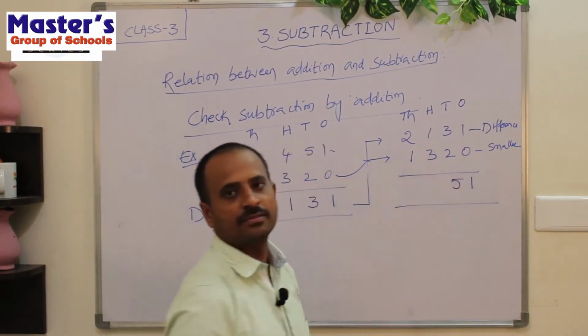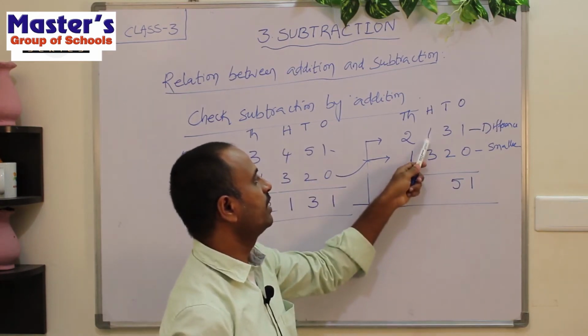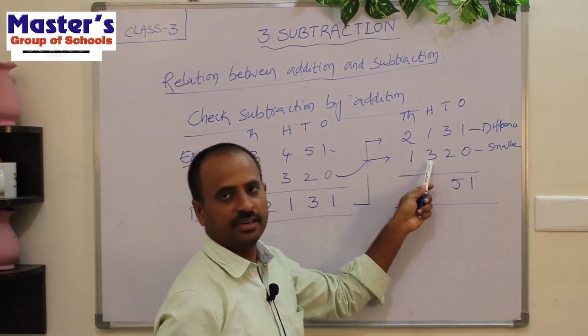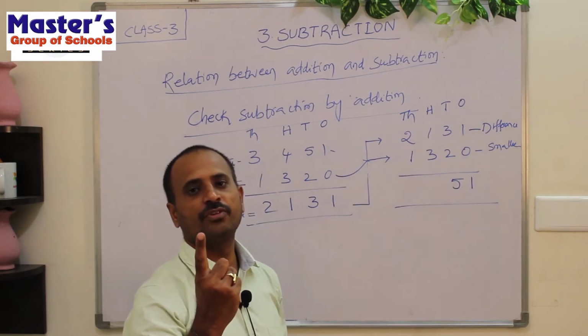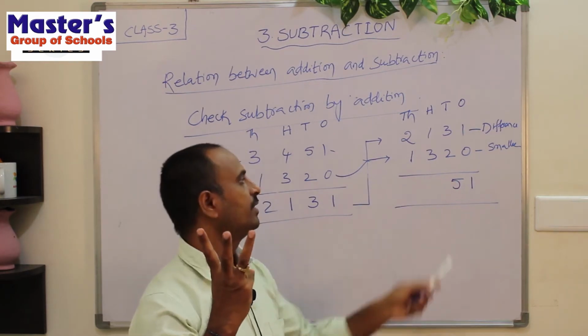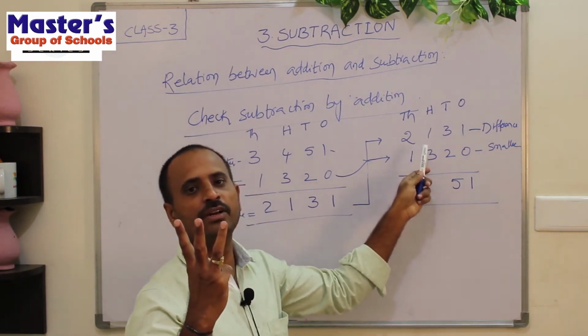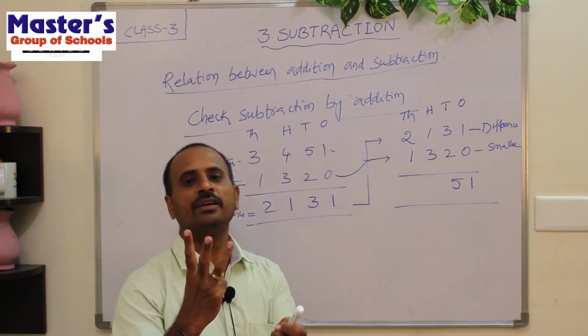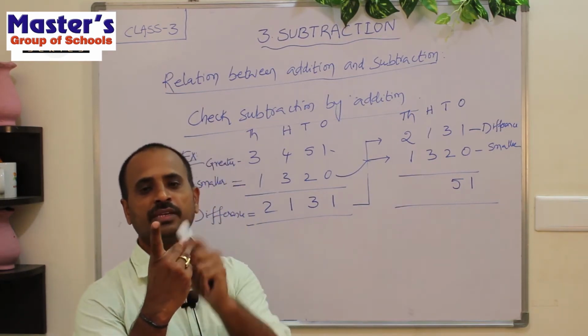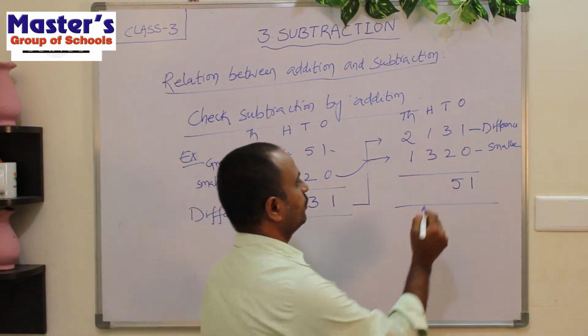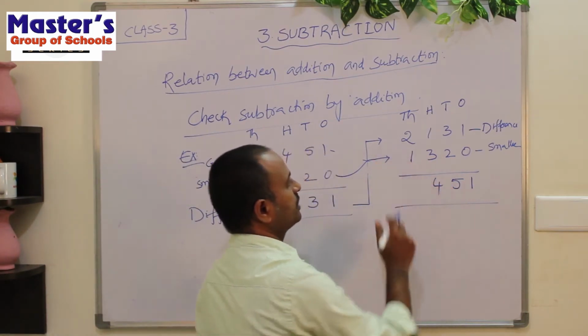Now go to hundreds place. What are the digits in hundred place? 1 and 3. So what is the second number? 3. Open 3 fingers of your hand. 1, 2, 3. What is the first number here? 1. After 1 we will get 2. So start counting from 2. That is 2, 3, 4. The answer is 4. Next, go to thousands place.